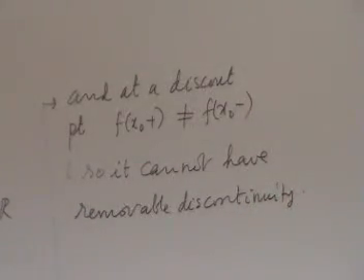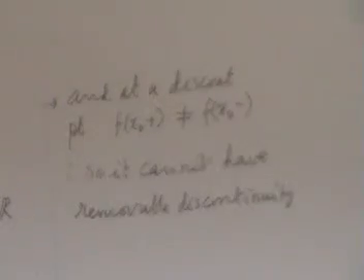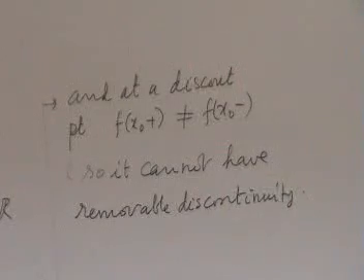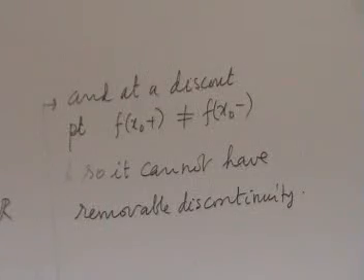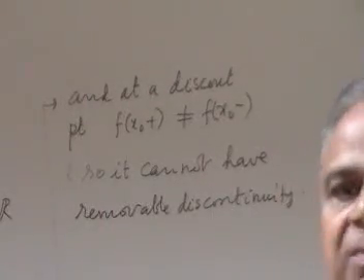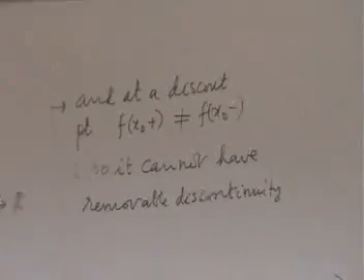Let's make it clear, removable discontinuity. Suppose I have a function like this. From the left it converges to this, from the right it converges to this, but the value of the function at that point was that. So I can redefine the value to be that at this point and the new function will be continuous. That is what is removed. I removed it by modifying the value of the function just at that one single point.